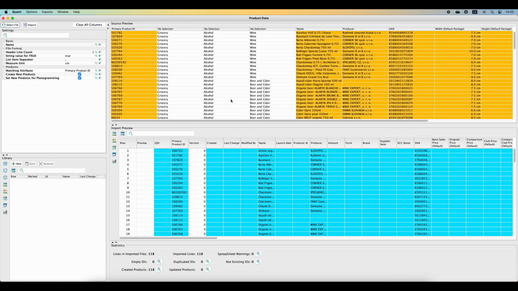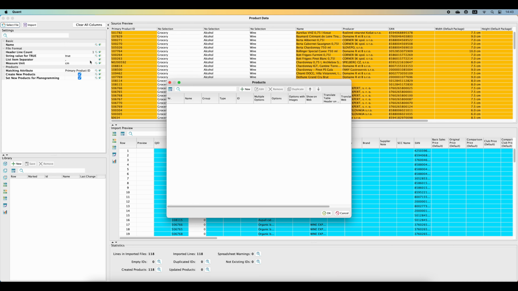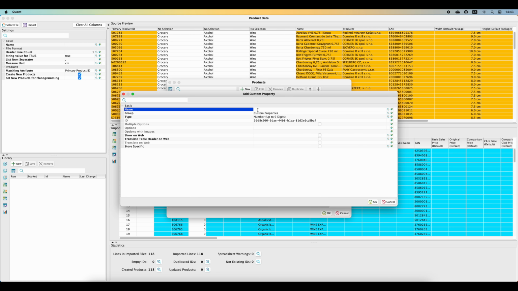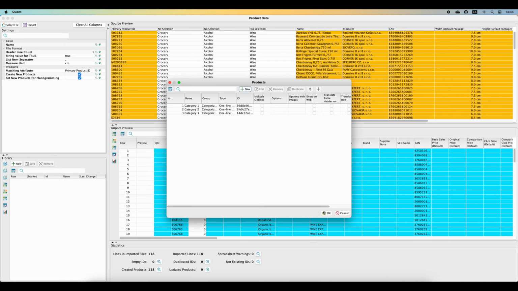For the categorization attributes, we will create our custom properties. Remember that you can always create whichever personalized property which is relevant for you to be included in the product library. You can create it by clicking on Options in the upper menu and selecting the Custom Properties Products. A new window appears where you will be able to define the name, the group, and the type of this newly created property. In our case, we have the information about 3 levels of categories. We will therefore create 3 new custom properties: Category 1, Category 2, and Category 3.